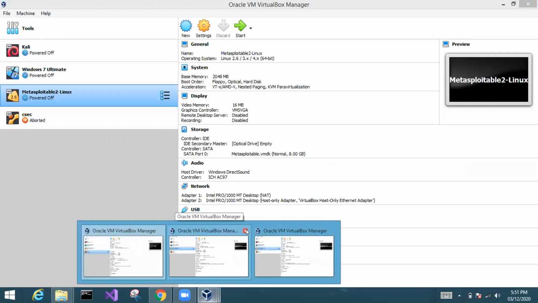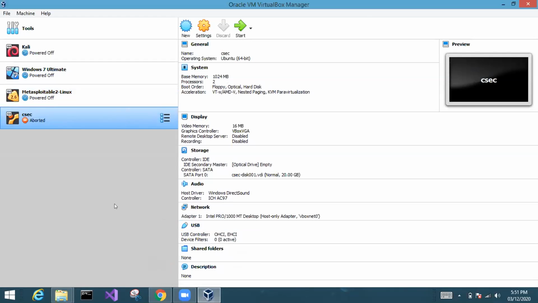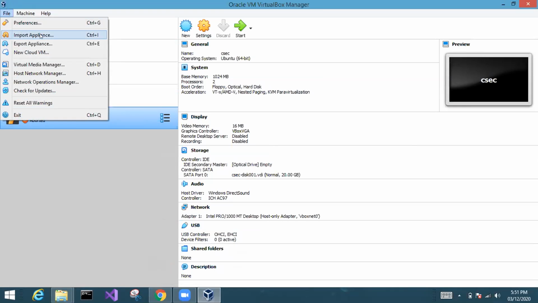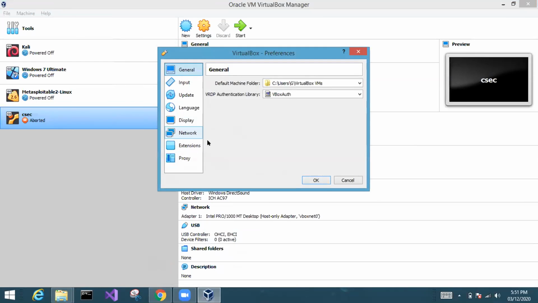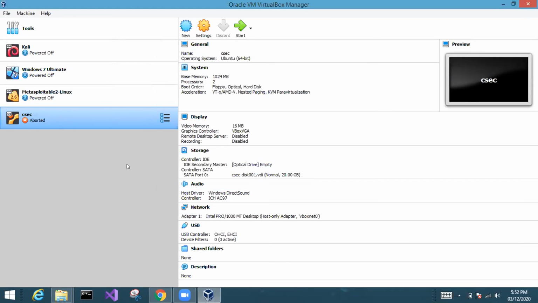Okay, we'll go to the settings once. Close the extra windows, there's no point in that. Not the settings for the virtual machine. Go to File and come to Preferences, the first option. Go to Network. Create a new NAT network here, that icon on the right side. Just click on OK here. That's it. Now you should be able to use the NAT network setting.